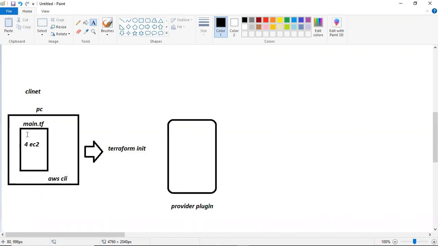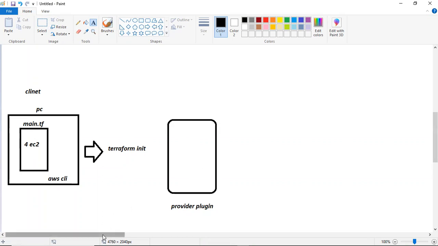Inside the setting blocks, I will be specifying the provider version. So when I do Terraform init, it will go and check the configuration. In the configuration, it will check for the provider plugin version, and first it will download the provider plugin.